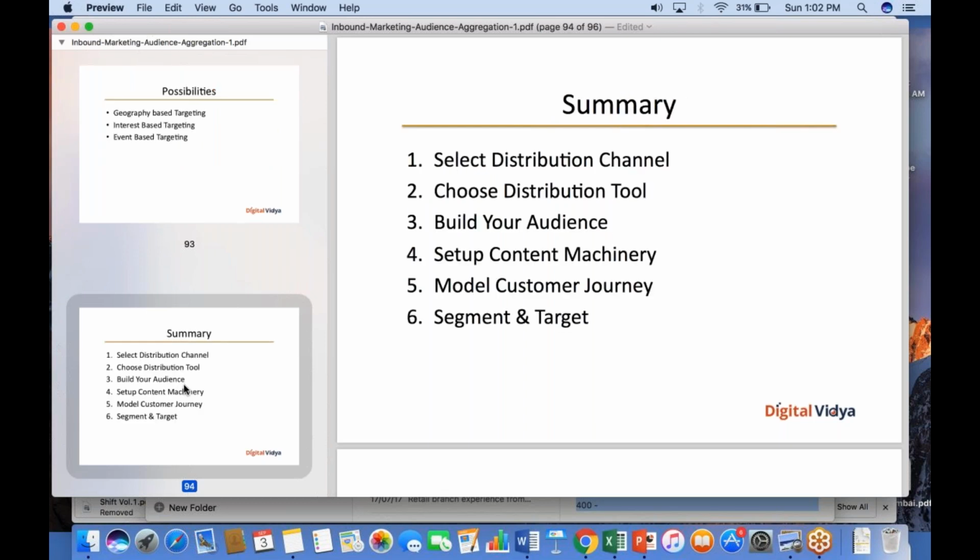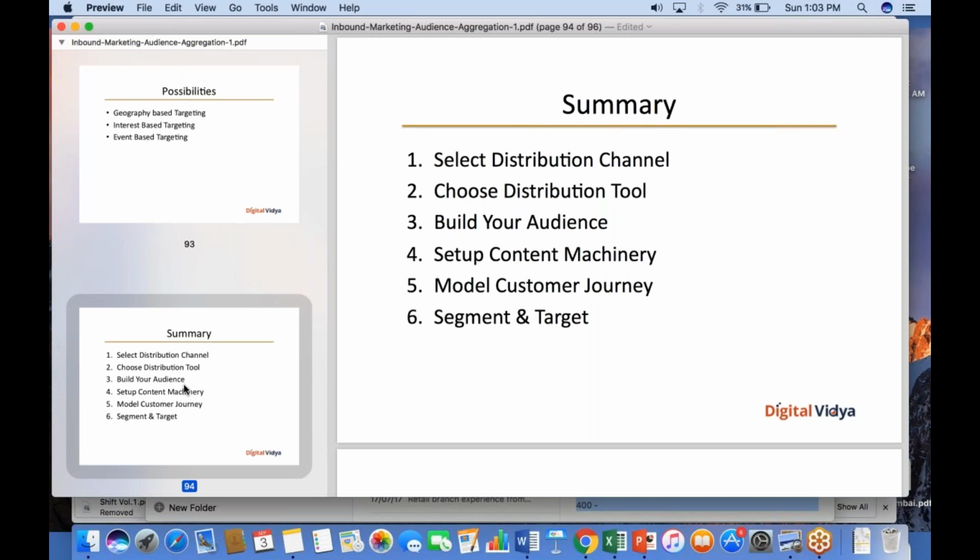In summary, from an email customer engagement perspective, in terms of setting up automated drip campaigns or automated email nurture streams for various kinds of aggregated audience sets which you have, the first thing is you need to select your distribution channel. In our context, we're talking primarily about email, but there are other channels at your disposal. If you're an app-only company, for example, push notifications are also an option. There is social media, which is an option.